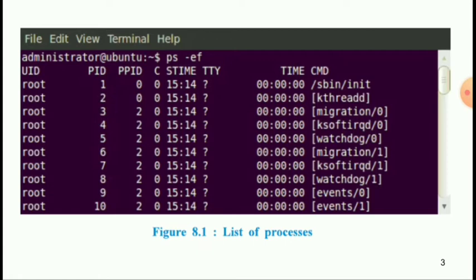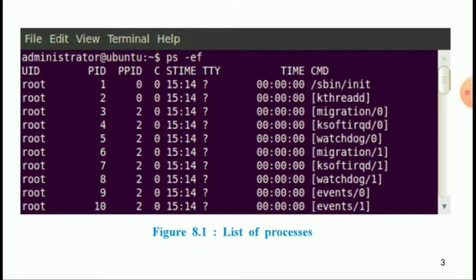Next is STIME, the start time of the current process. TTY identifies the terminal that controls the current process. Next is TIME, which identifies the amount of CPU time accumulated by the current process. CMD means the command used to invoke the process.